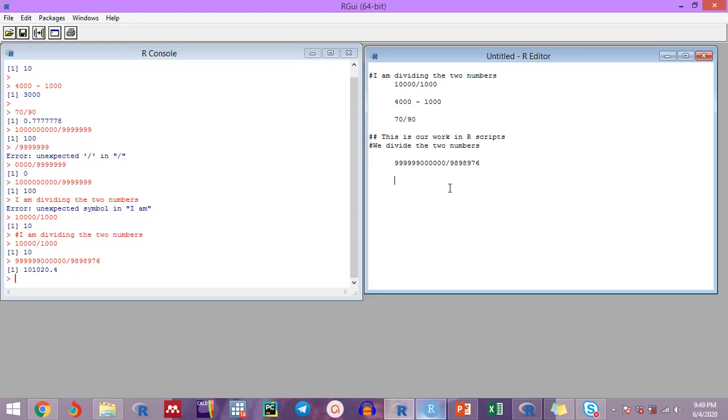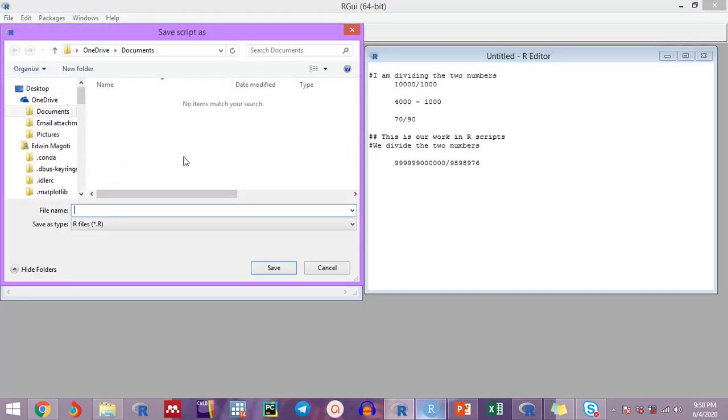So after having the comments and the function, the beauty of the R script is that you can save this, and later when you come back, you simply open your script and proceed from where you left off. So in saving, you can simply come to this shortcut here, save the script, or you go to File, then you can press save or save as. If I go to save as, it will give you the location. Let me find the location. For instance, I save